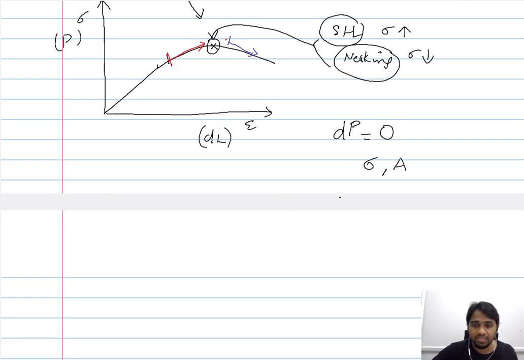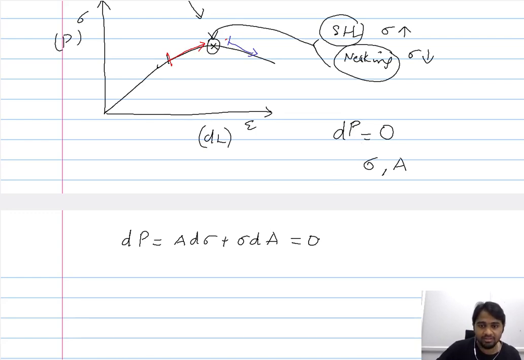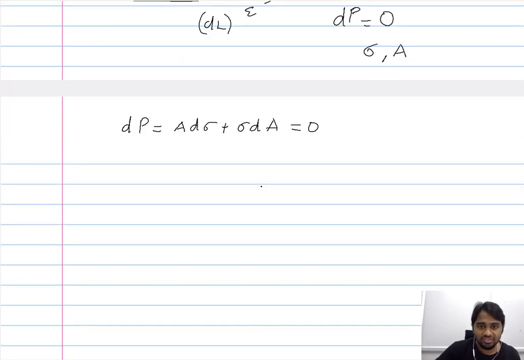So therefore, the first derivative needs to be expressed using the chain rule as this. Since both stress and the cross-sectional area change at the point of the instability, wherein you have the balance between strain hardening and necking, using the chain rule, since you have multiple variables, the first derivative or the condition for the peak should be expressed in this manner. Now we can rearrange these terms and express this as